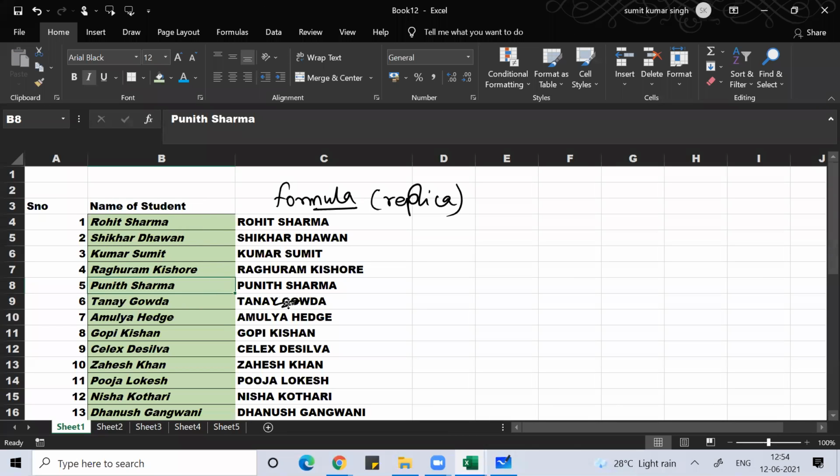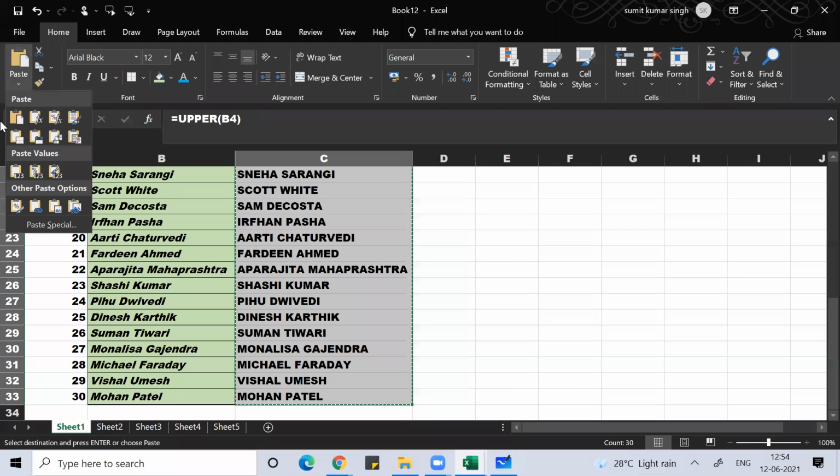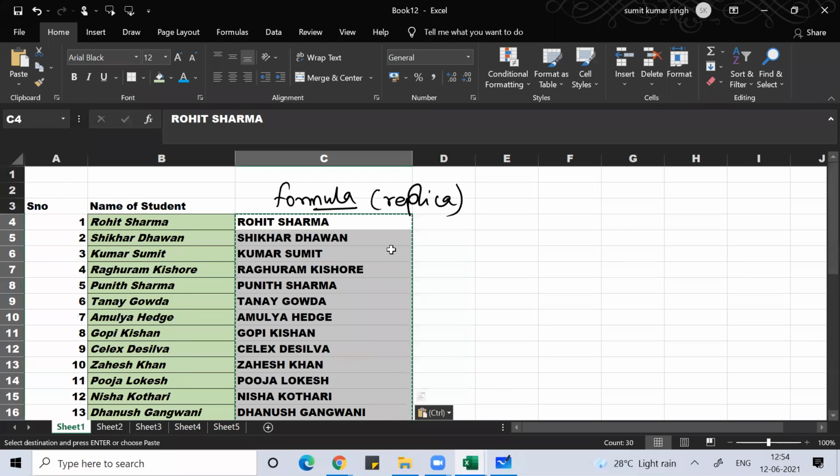So to make your data independent of the formula, you remove the formula. How to remove the formula? Control C, go to paste, paste values. If you do that, the formula will get removed.